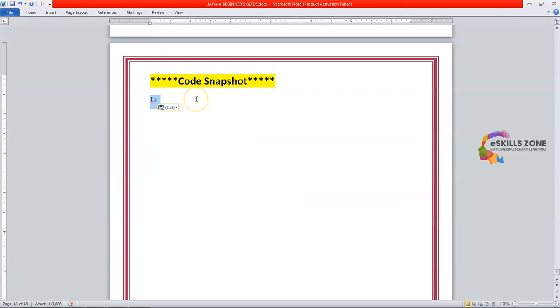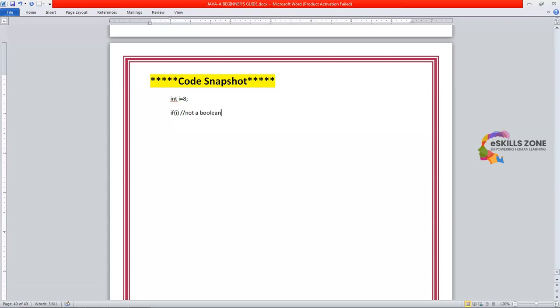Now here we will discuss the code snapshot of this program we just executed in Eclipse about the if else if statements, how to use all these if else conditions. So first we have declared and defined an integer variable I, type is integer, and the value we initialized it with was 8, and if we check if I